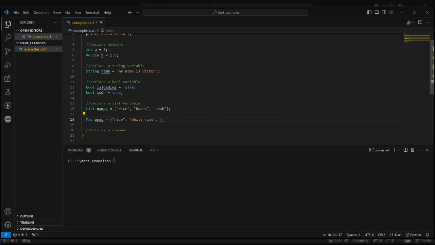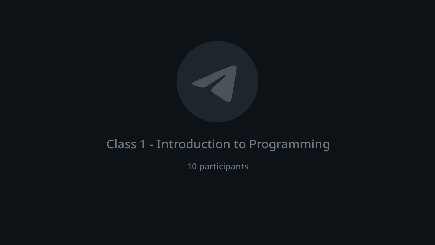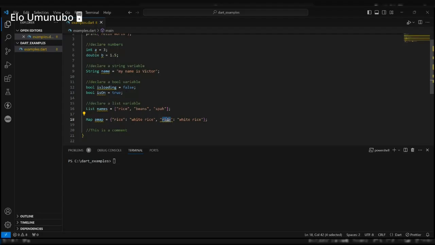Let me add another to this so you see. Right, this. All right. So maps are key value pairs.